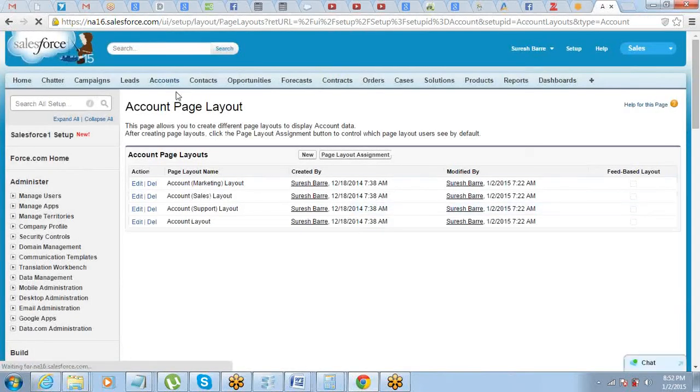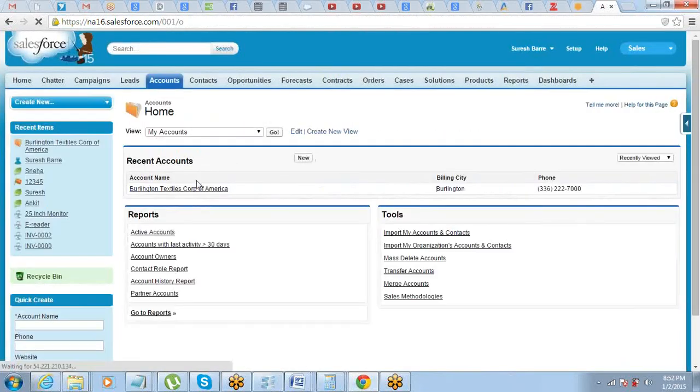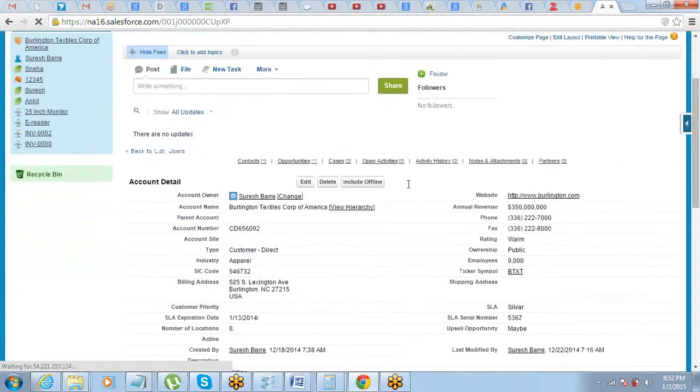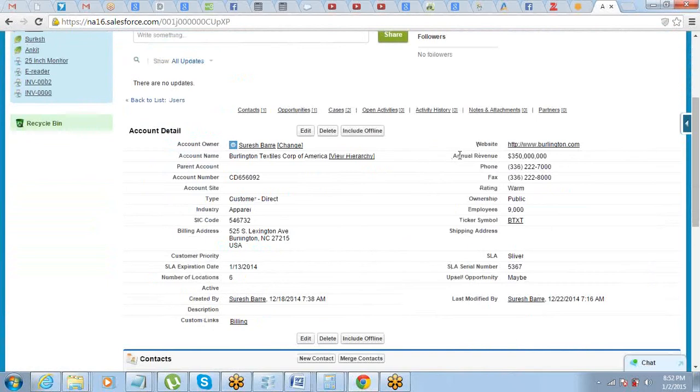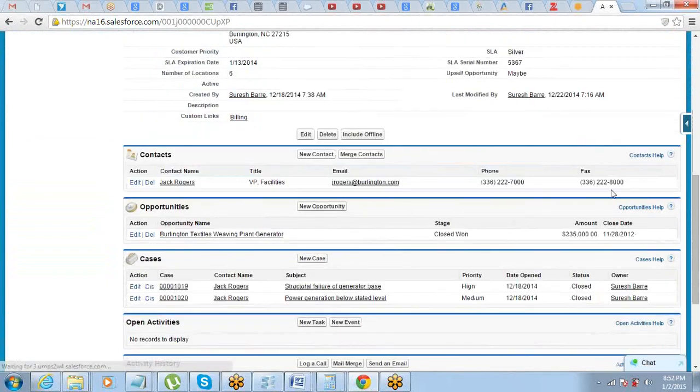Now if you go to any of the accounts, you will see the changes have been made. Now the users will get to see the updated UI. Website, annual revenue appears here. In the contact, fax number got added. This is what I did.